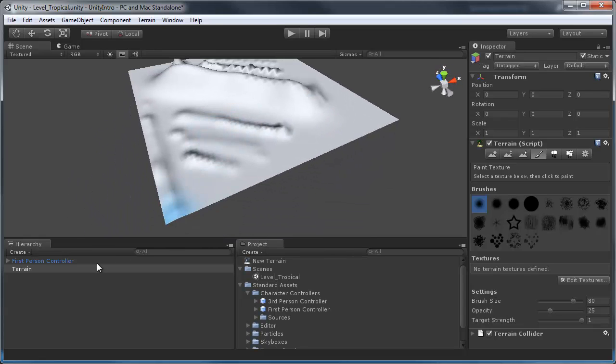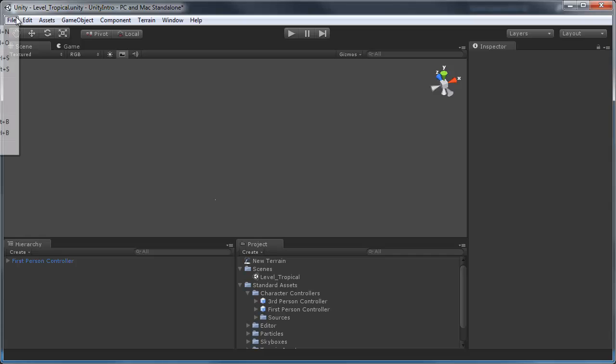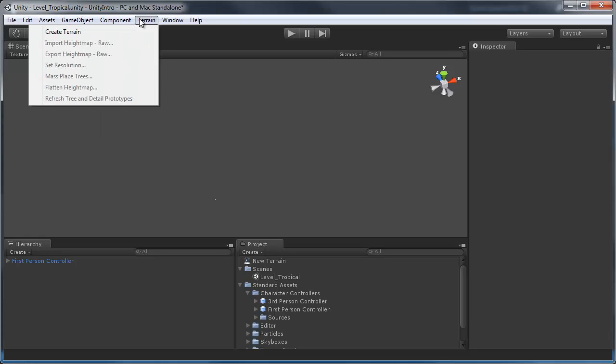let me show you. Let us first create our terrain that we're gonna actually use. I'm gonna show you how to use the texture. So since I beat that guy to death, I will just simply hit the delete key, and I will just go to terrain, create a terrain,